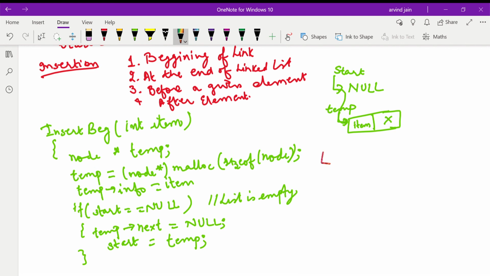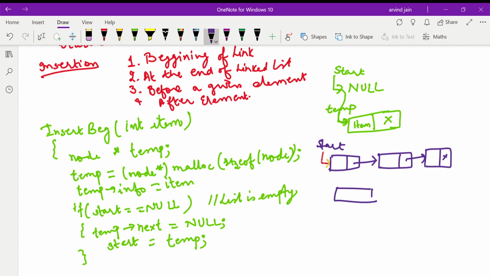Suppose we have 3 nodes in the linked list. Now we want to insert a new node temp over here. For this, how will you update temp next?